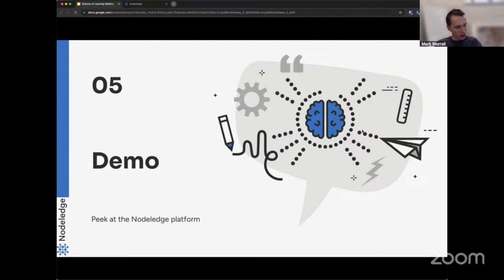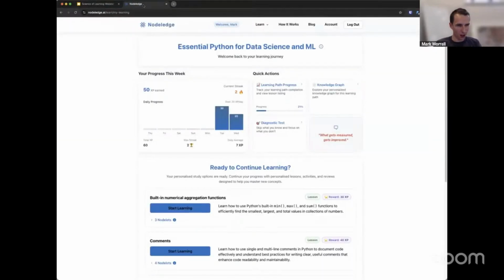As I said, Nodeledge is focused on teaching people to code and other aspects of learning machine learning, like some of the maths behind machine learning. Apologies in advance if that's not your bag. But the principles on which Nodeledge is built is really this idea of mastery learning and using knowledge graphs